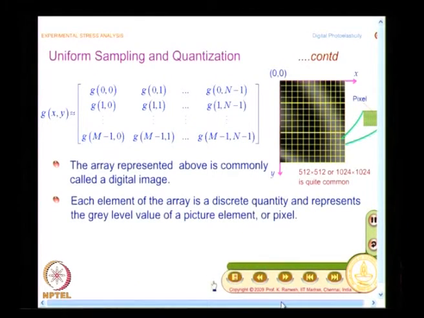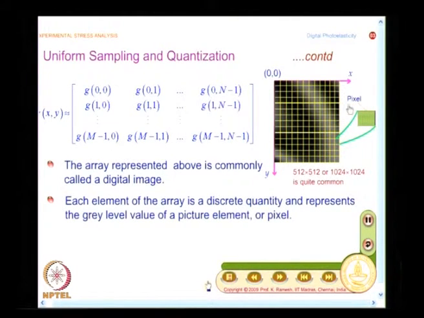And what you will have to keep in mind is, what we call a pixel is a very small area. By appropriately using a lens, you would be in a position to even go to the stress concentration zone and, when you have very high fringe density, still have a decent resolution at the camera plane. So, I can have an optical magnification and then enhance the features in the stress concentration zone. That is how people solve it when you have a very high fringe density: they optically magnify that zone, then take it up in your digital image and appropriately process it.